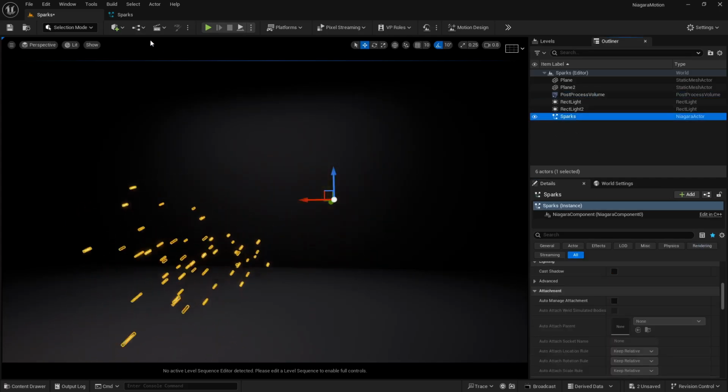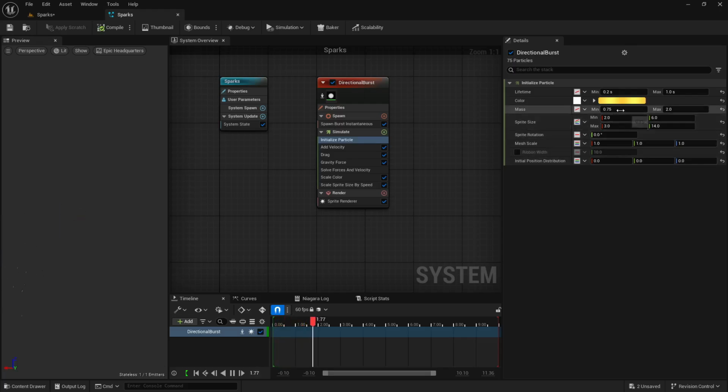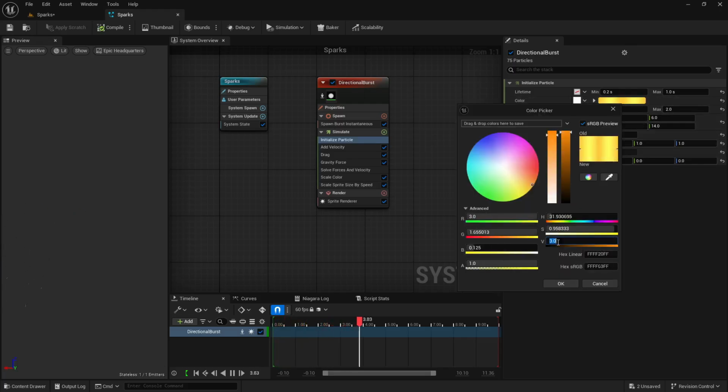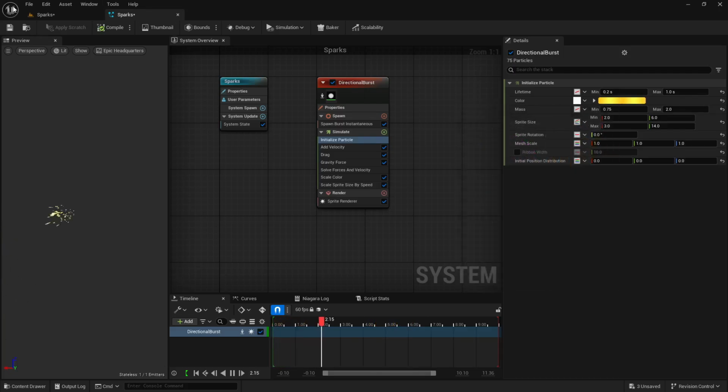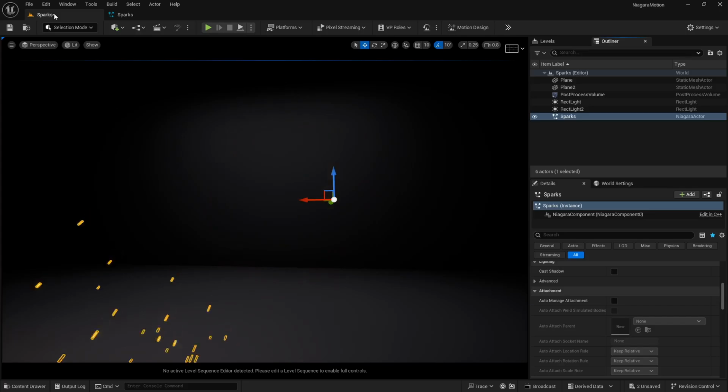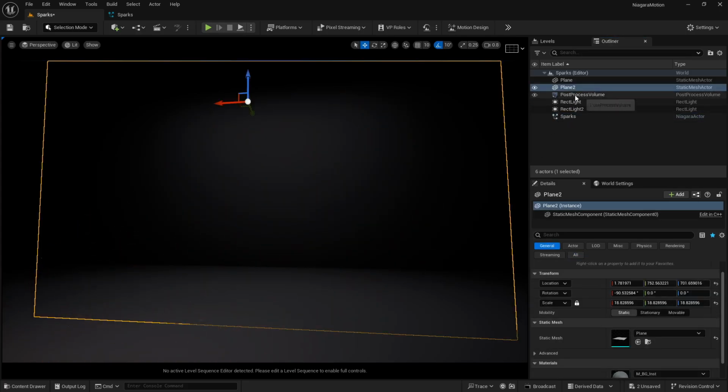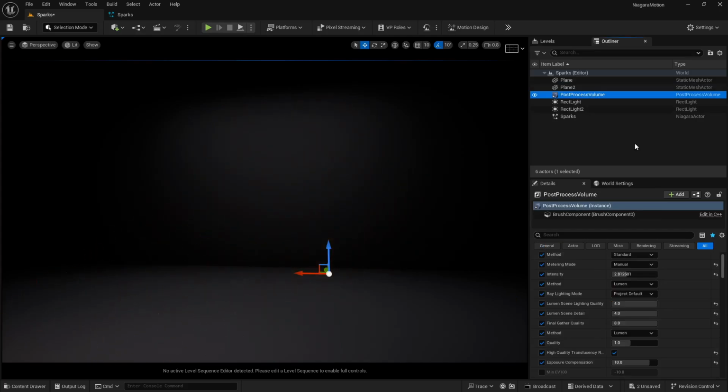Now I'm going to go to sparks again. You can take it to much higher values as well. So let's just say if I take it to 7 here. Okay, I am going to do something like this, and I'm going to save this again. And if I go here, now you can see we are getting proper sparks here. Okay. So you can see the result here as well.